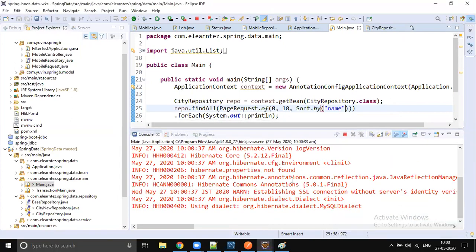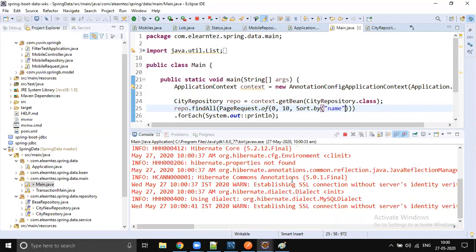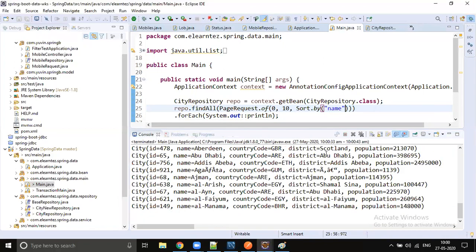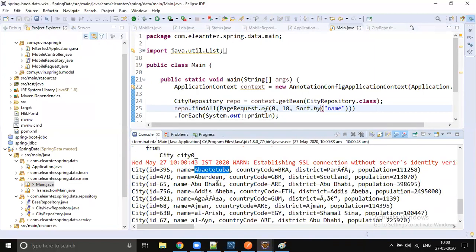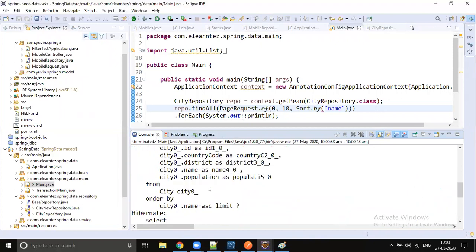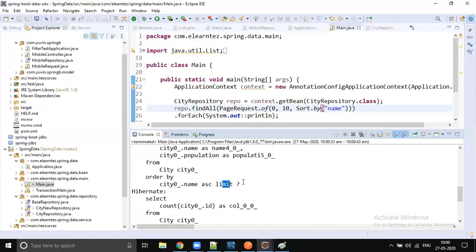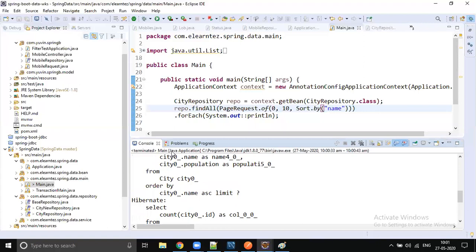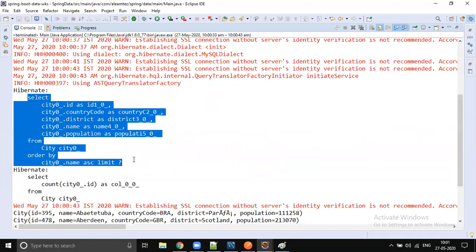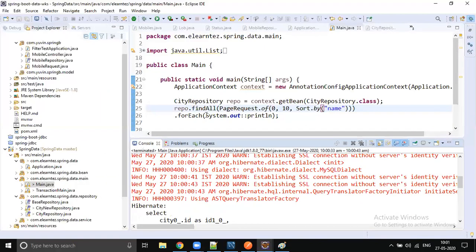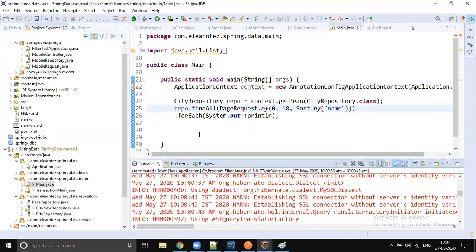I think I made a mistake while running that. That's fine. Yeah, you see now, the data which is starting with A will be coming first, right? So you see the query, right? It's select with order by and limit. So JPA will generate the query in a perfect way. Perfect query optimization, it will take care of it. So you need not worry about query performance whenever we are using Data JPA. Okay, so with this we are done with Data JPA.